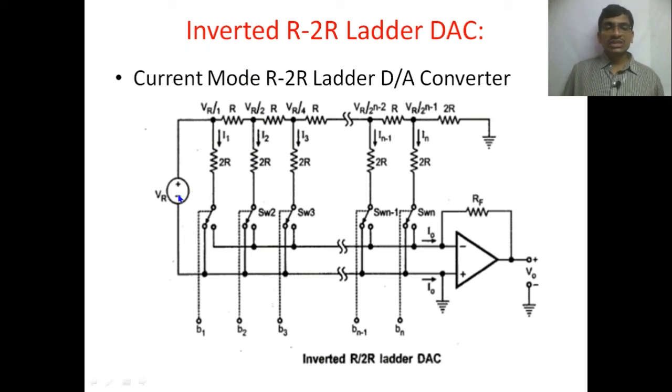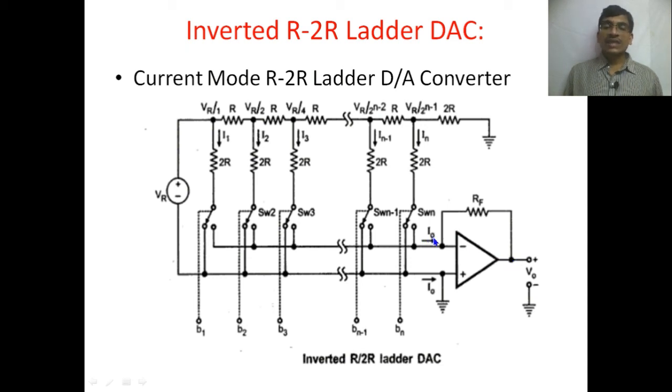In this circuit, the V reference is a voltage that is applied to these resistors, and here we have two input lines for the operational amplifier. The non-inverting terminal has been grounded and the same ground line is given to the reference voltage as well as the different switches. The inverting terminal is connected to all the switches of the D2A converter. RF is the feedback resistance between the inverting terminal and the output of the op amp, and we take the output voltage across the 6th pin of our op amp.